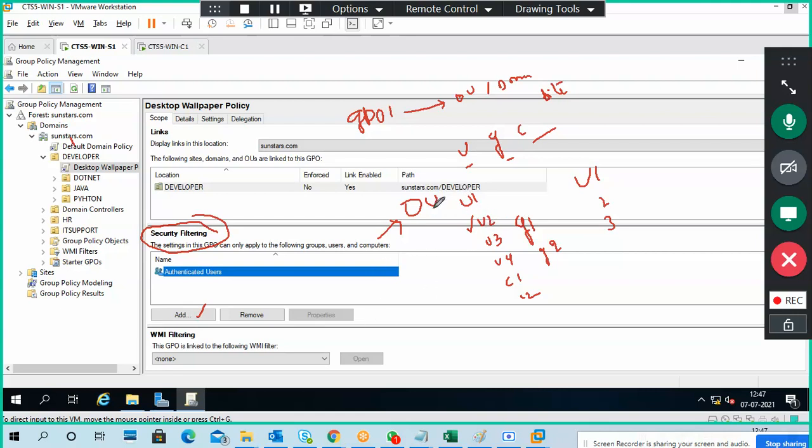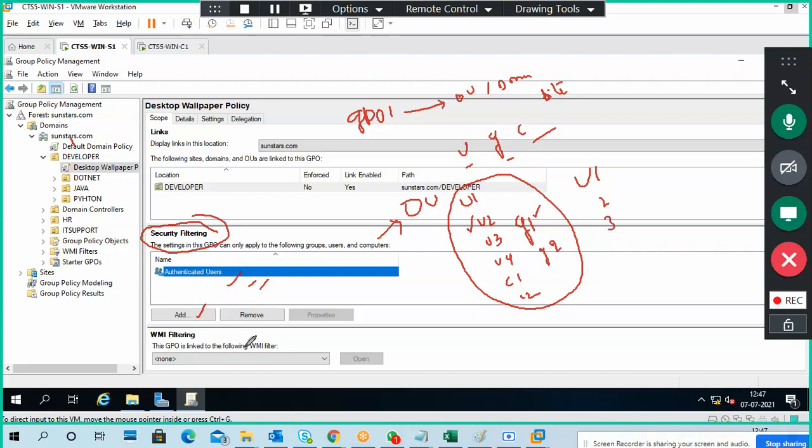So, you apply a policy on an OU, but all these people won't be affected with the policy. Only user 2 will be affected with the policy. Or if you put group 1, the group 1 users and computers are affected with the policy, others won't be affected. If I apply to the OU only, all people will get affected. But if you don't want all people, only a particular user or group or computer, then you can specify a username or group name or computer name here by adding them,